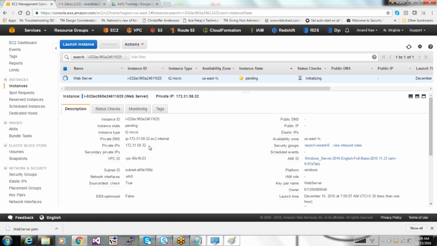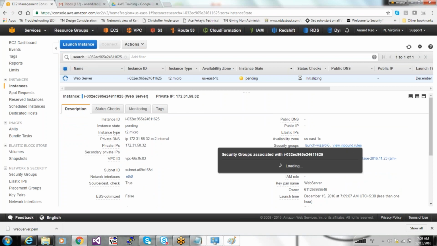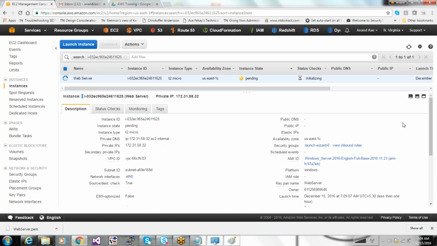The private IP it got is in the 172 range. It has not got a public IP yet. The inbound rules are the ones we selected when creating the VM, so that's 3389, so that we can RDP from the public, right? It's still in pending.